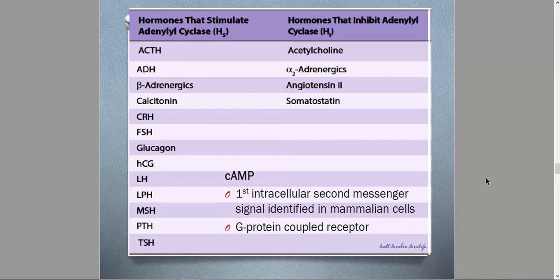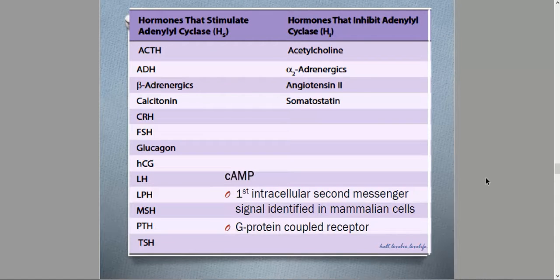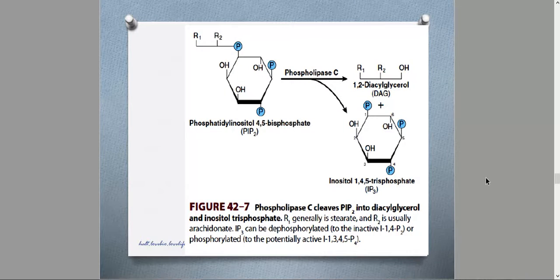the effector adenyl cyclase, here is a table summarizing some of those hormones. There are hormones stimulated by adenyl cyclase, producing cyclic adenosine monophosphate, while there are also hormones that are inhibited by the effector enzyme. Another example of